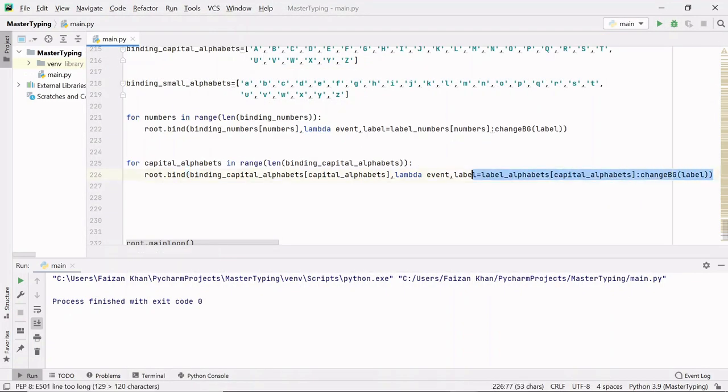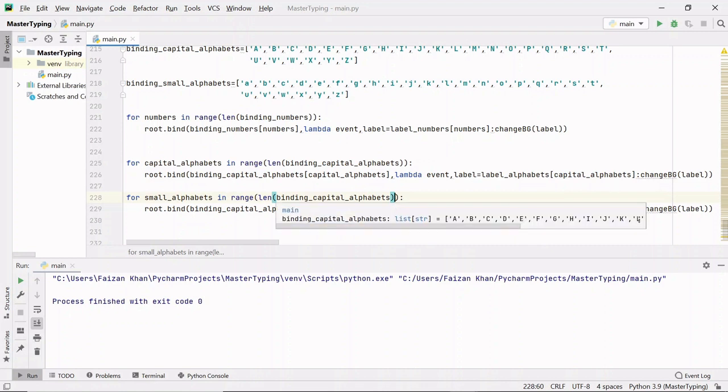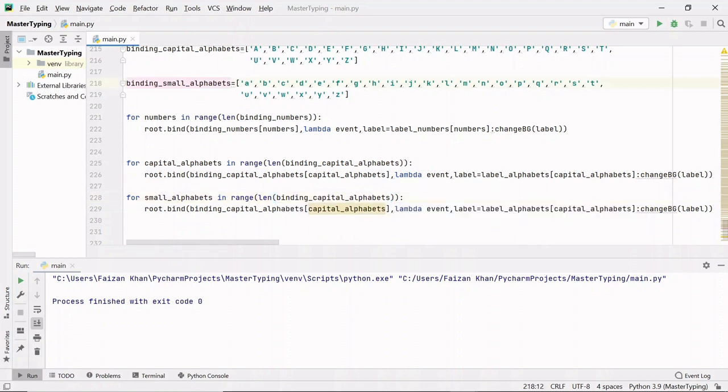So for binding lowercase alphabets, I'm going to copy these 2 lines from here and I'll paste it here. Now this capital alphabets variable will be changed to small alphabets. In this range function, if you want, you can change this binding capital alphabets to binding small alphabets variable, but it will not have any effect because here also you have 26 elements and this loop will still run 26 times.